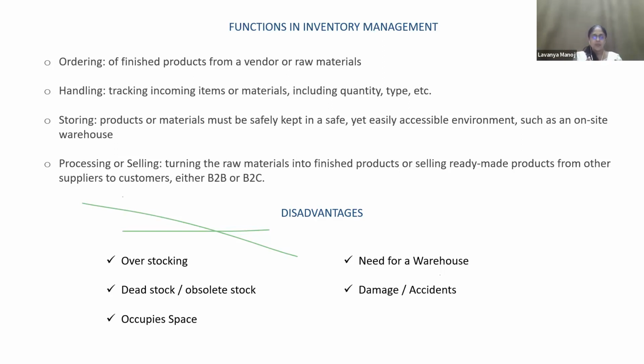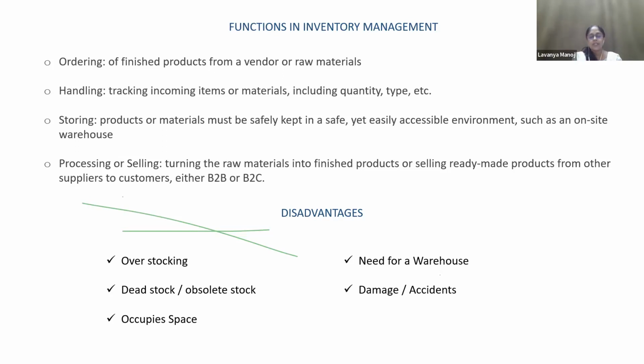So what processing will be done on the product on the inventory floor or in the storage unit? Scanning, quality checking, labeling, packing, packaging. So this can be done. And finally selling, either directly to the customer or directly to other businesses, that is B2C or B2B. So these are the main functions of inventory management, or the inventory department, or inventory manager.